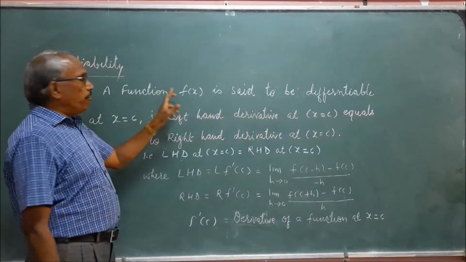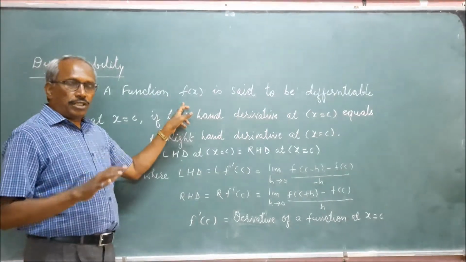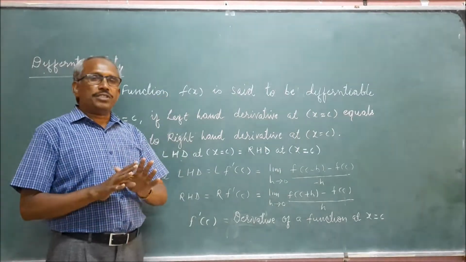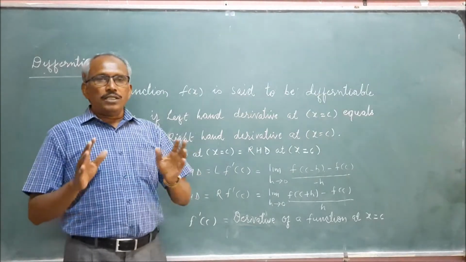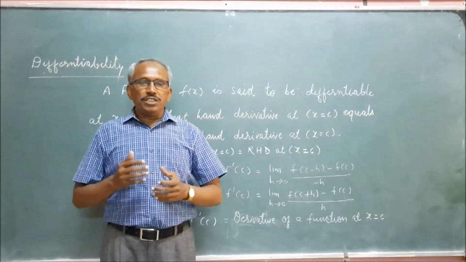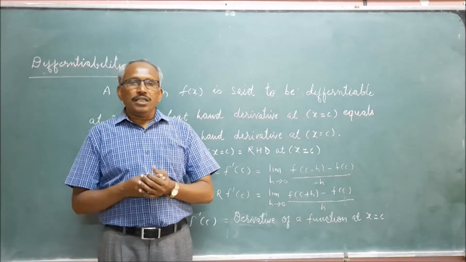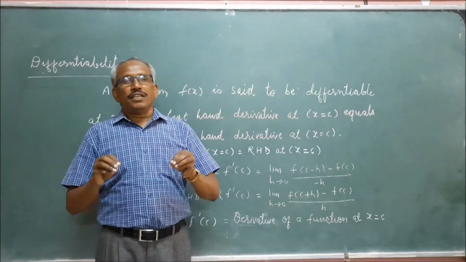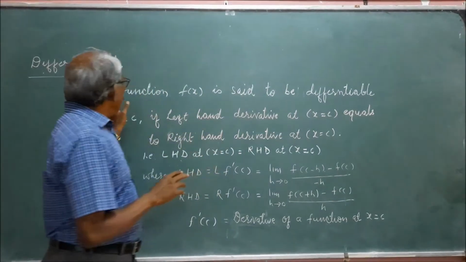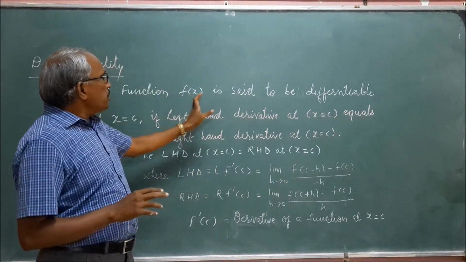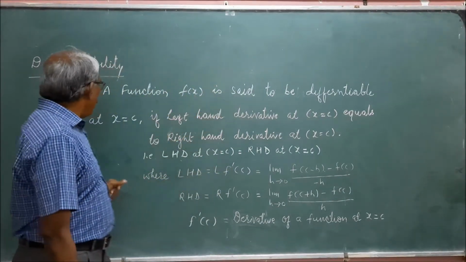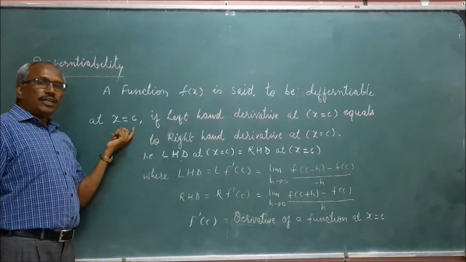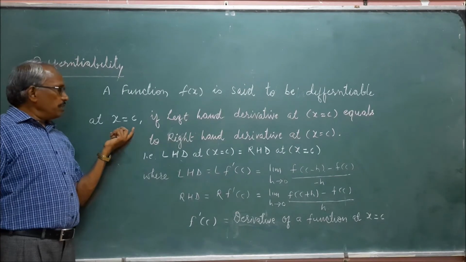A function f of x, that is a real function. Function means real function. What is a real function? A function is said to be a real function if its domain and range are real numbers. So a function f of x is said to be differentiable at x equal to c, where c is any real number,